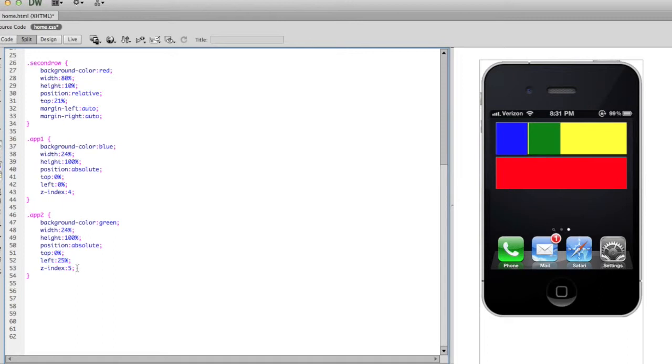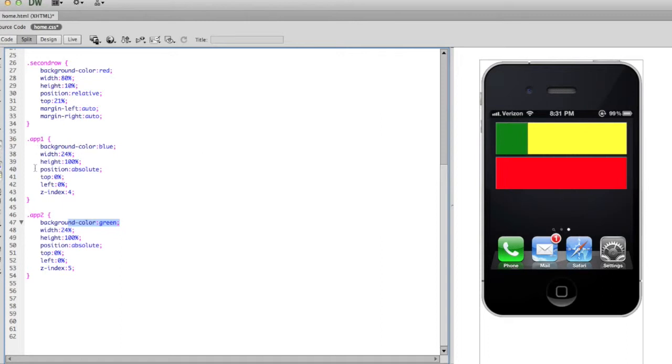Now, have a look at this. If I said left is 0%, just like my app 1, the green one, which is app 2,